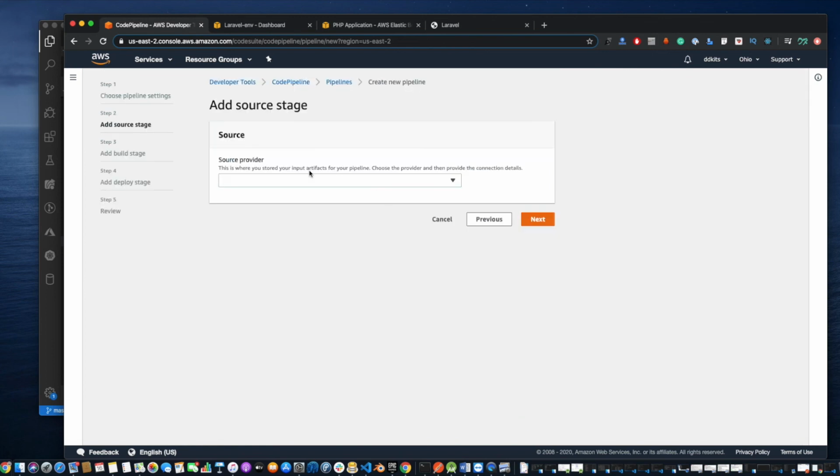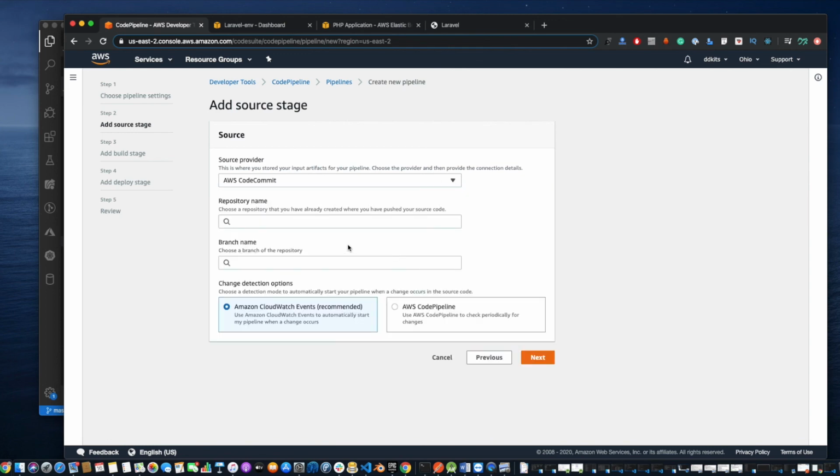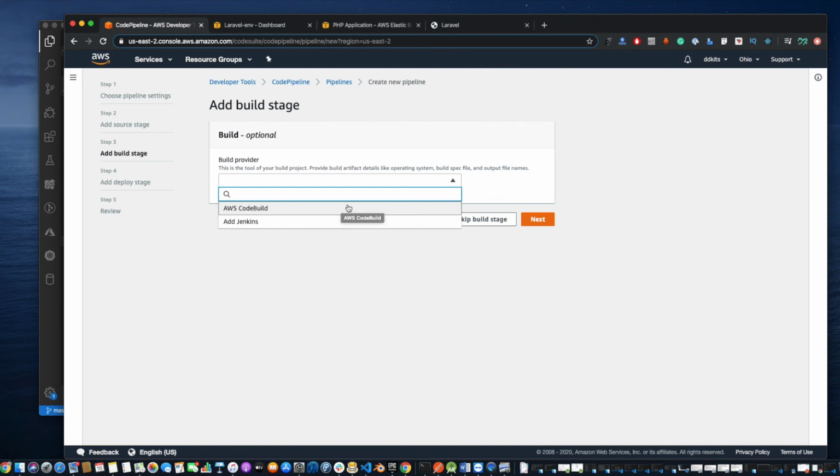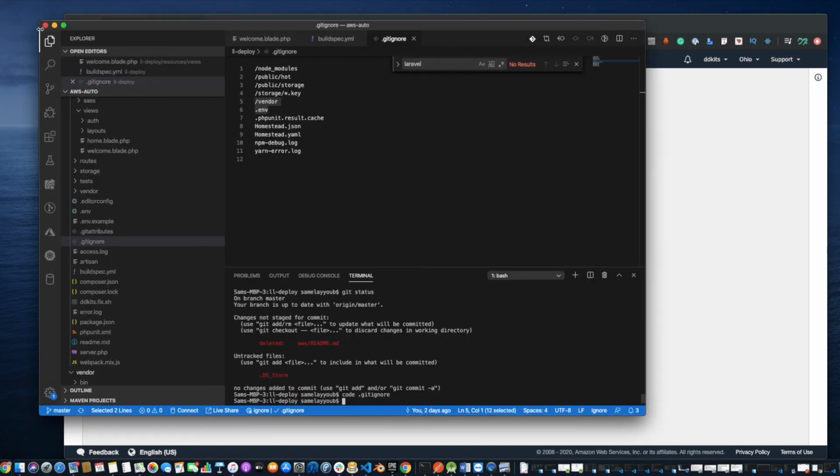Let's go next. Source provider, we have the code already existing on the repository on CodeCommit. So we're going to pick Laravel, master, and every time a push happens to master, CloudWatch is going to apply for it and make sure that the pipeline runs as soon as there is a new code commit. Apply the CodeBuild on this project,